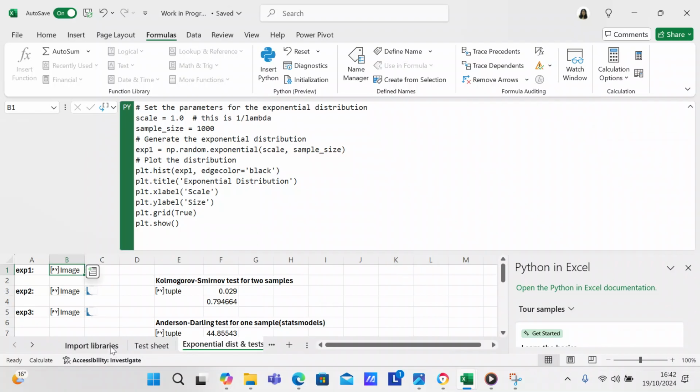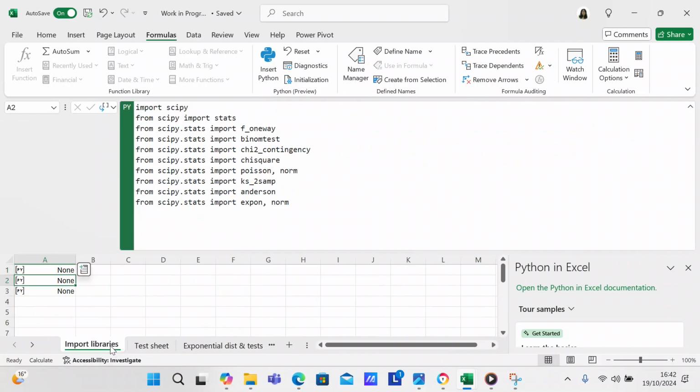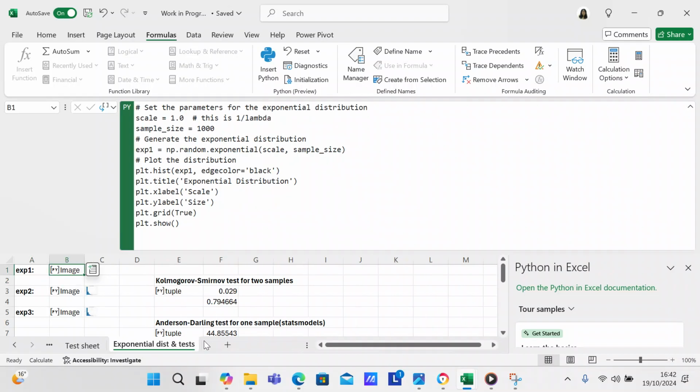So over here you've got import libraries, and I've got from scipy.stats import expon and then norm. What I've done in this particular instance is, because I have one spreadsheet that's really big that's got all of my